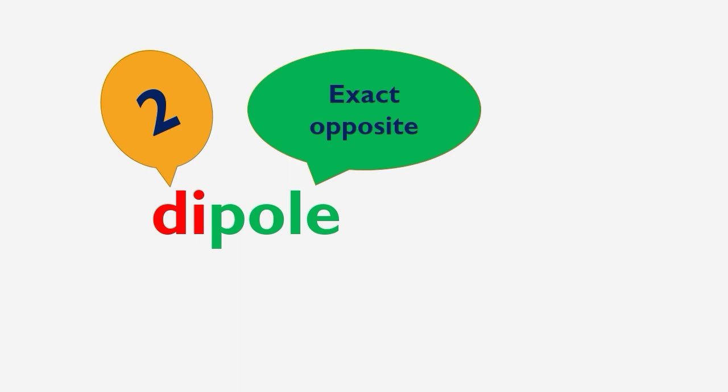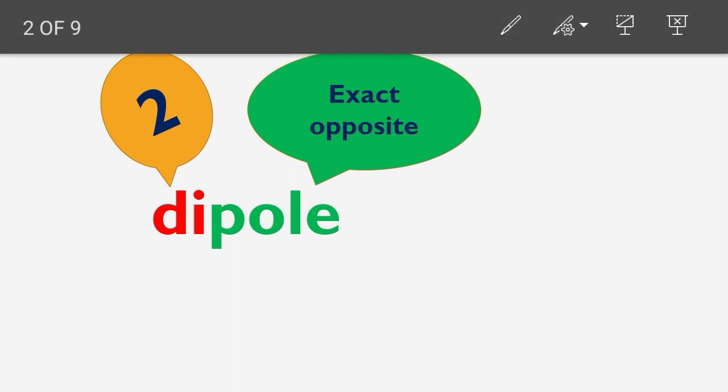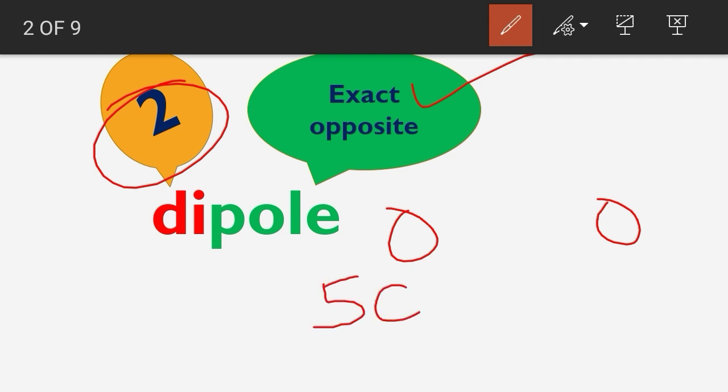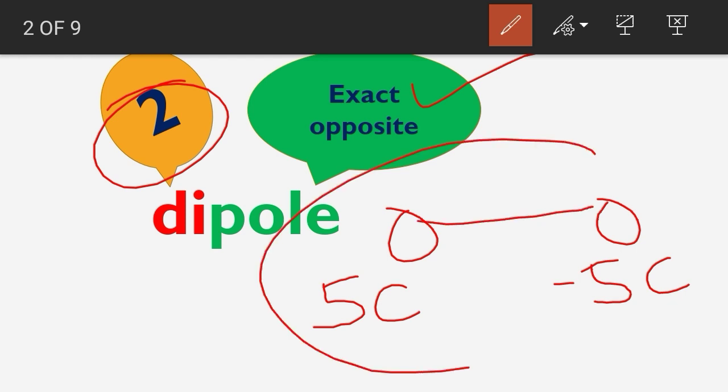And how many charges are involved? Two charges are involved. And what kind of nature should the two charges have? The nature is exact opposite. That means you have two charges which are exactly opposite to each other. That means if one of them is 5 coulomb, then the other one must be minus 5 coulomb, and they are separated by some finite distance. We call this combination an electric dipole. Okay,